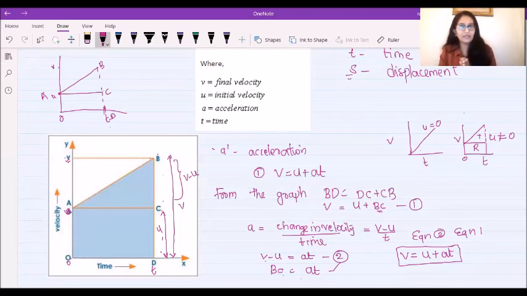Practice it many times, then you will become more confident in this. Suppose this one is clear for you, the second one and the third one are very easy. Okay, so practice this one. We will continue with the second equation of motion the next